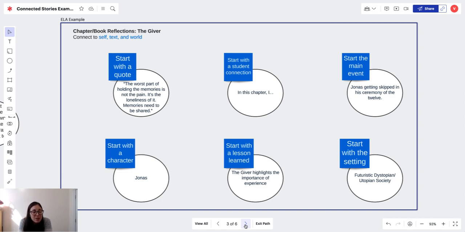So very similar process to the building community example, except for this one, the teacher is posing a specific topic to start with. So some examples are, the teacher could start with a quote from the story that the students then build upon. They could start with a student connection. So this is where you could pick a student to start that board and have the student make a connection